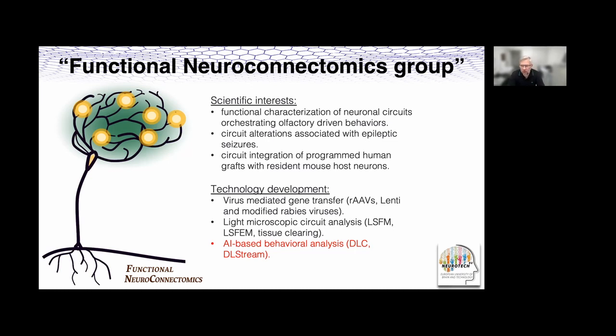First of all, viral-based tools, so viral-mediated gene transfer. We started 10 or 15 years ago. So we're using either AAVs, so recombinant adeno-associated viruses, lentiviruses, and modified rabies viruses to study circuit components within the mouse system. We are also working on light microscopic circuit analysis, and this is in close collaboration with Uli Kubicek